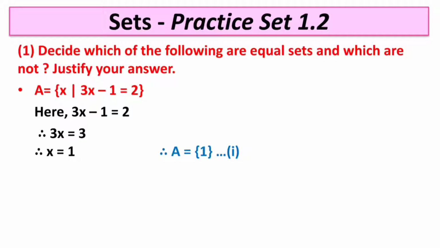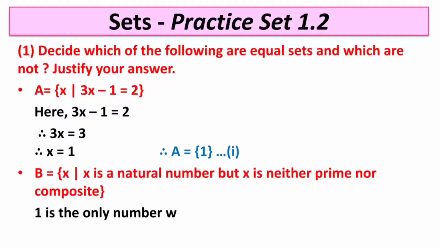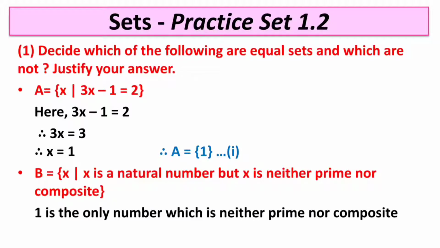Now the second problem is B is a set of all x such that x is a natural number but x is neither prime nor composite. There is only one number, that is 1, which is neither prime nor composite. Therefore x equals 1 and we get B equals